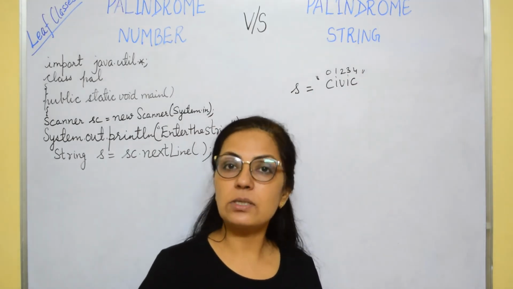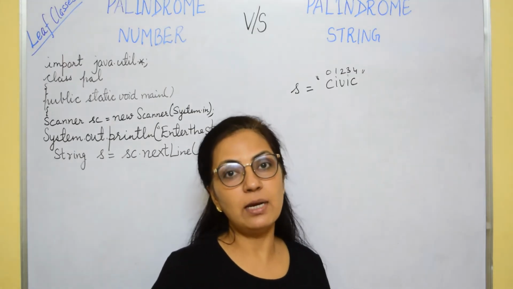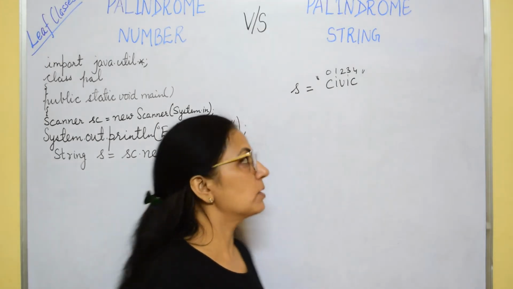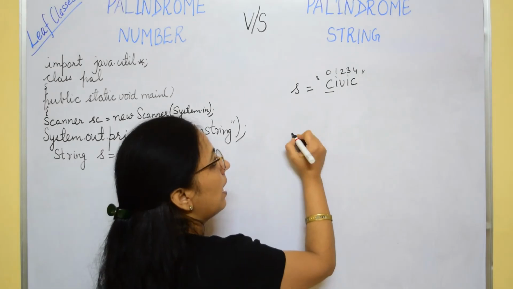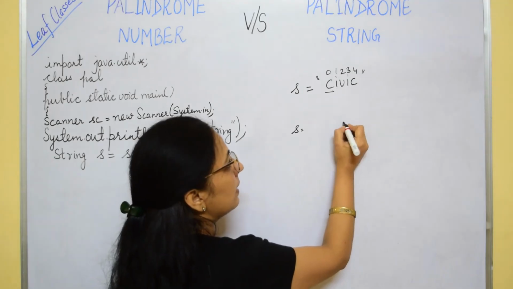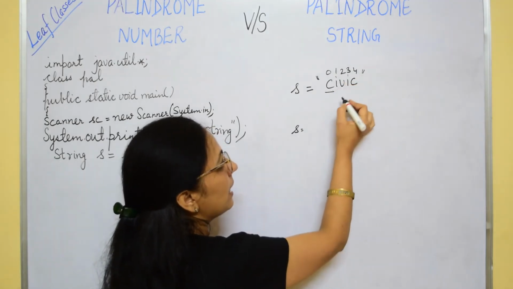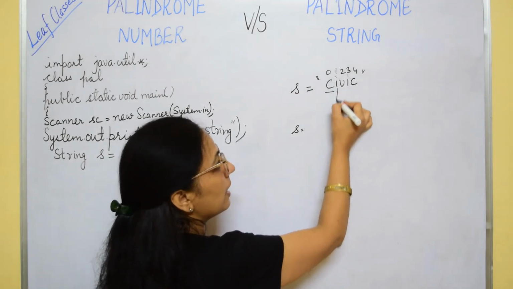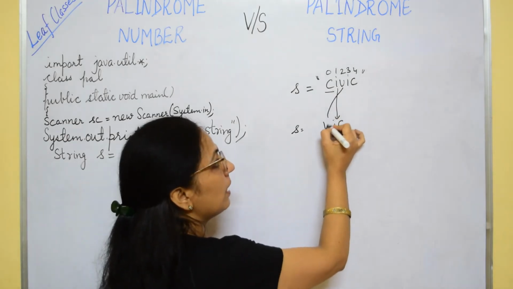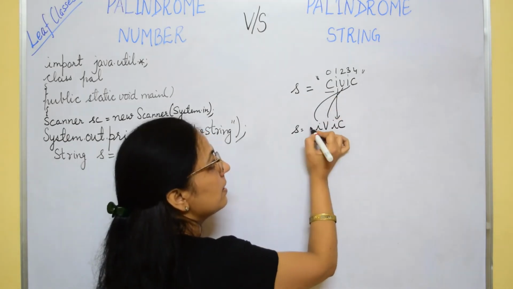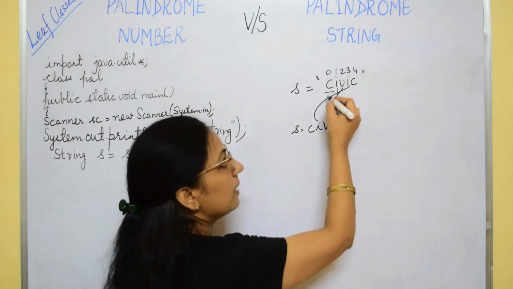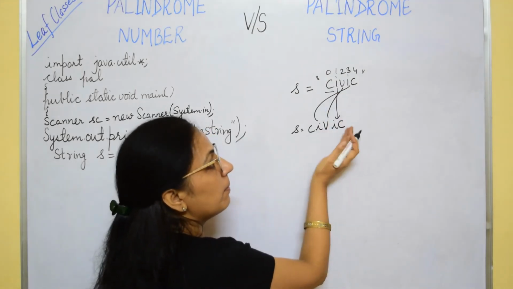Now we'll be using the string functions here. In case you have any doubt in string functions, you can go through the playlist and watch the videos on string functions. Now if I am extracting the index number 0 character, then C is there, and then I will extract I. So this I I can store here towards its left side, then V here, then next I, and then C. So I have extracted from left to right but stored in the order C, then before that, before that, before that.